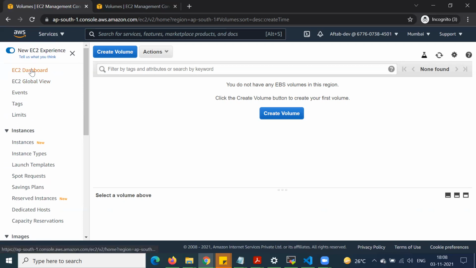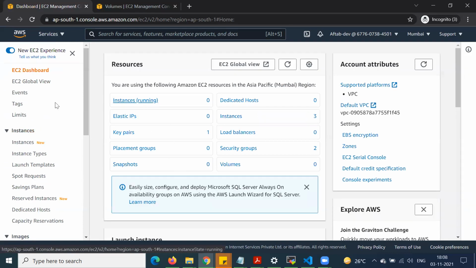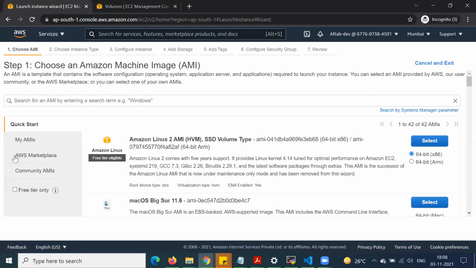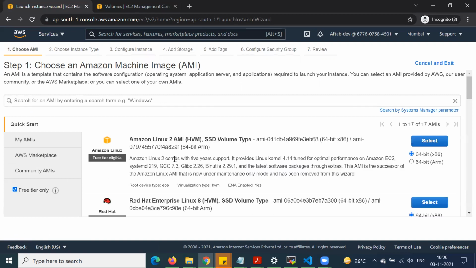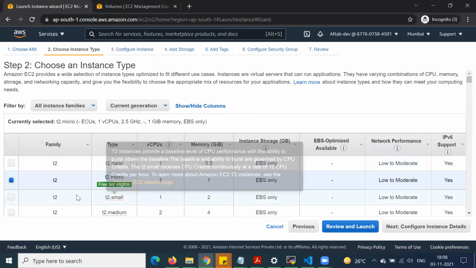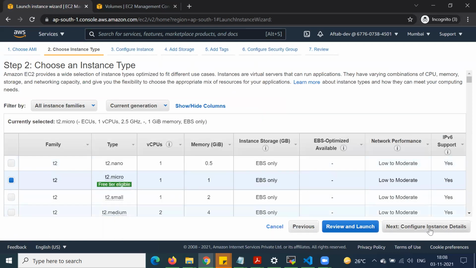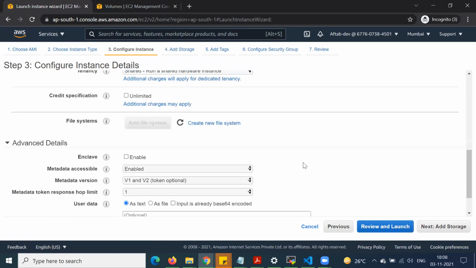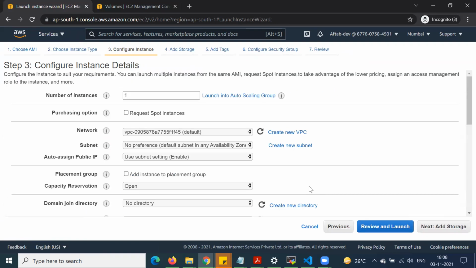So we will go into our EC2 dashboard, and we can see we do not have any EC2 instance. So let me create an EC2 instance for you guys, and let me show you what this EBS is. We will select this Amazon Linux 2 server, and then select the free tier, then configure instance, and then number of instances. There is no need to provide any user data here. In our next lecture, we will also discuss all those things.